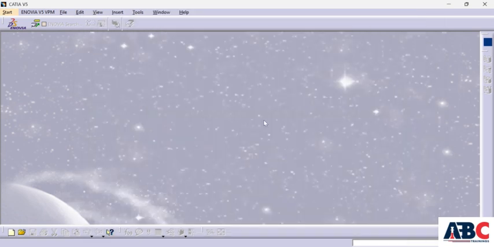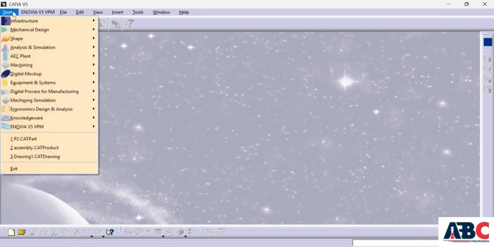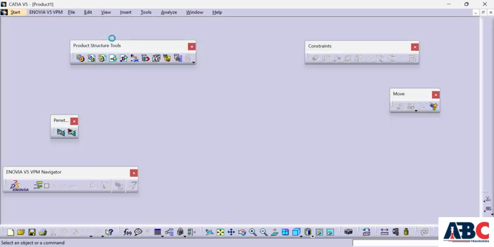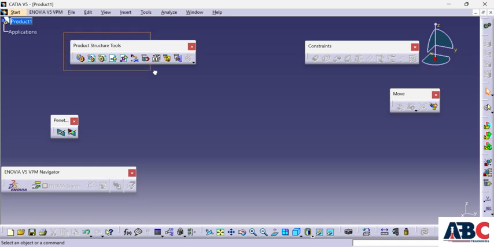Now to access the assembly workbench, go to start menu, mechanical design and assembly design. In the assembly design, we have this toolbar. See, product structure tools, then we have constraint, then we have move. So these are the commands. One by one we will see. In the product structure tool,